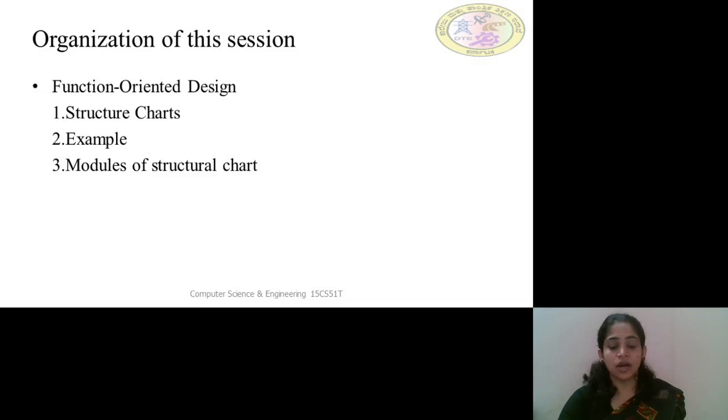We also discussed modularization criteria, that is, coupling, cohesion, and the open loop principle. And we concluded that there should be the lowest coupling between the modules, that is, less interconnection between the modules, and the cohesion should be as high as possible, that is, the functional strength of the elements in the module should be strong. In this session, we'll see what is the best method of design that we can implement in software development.